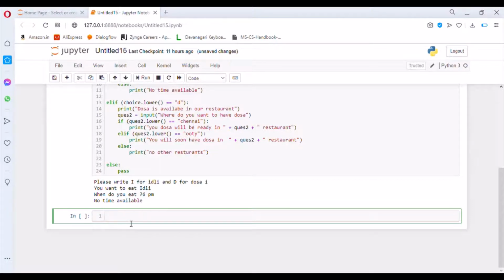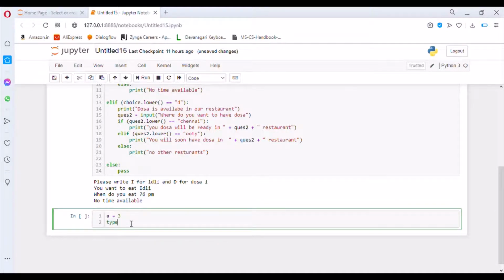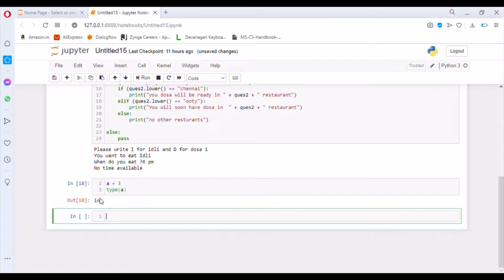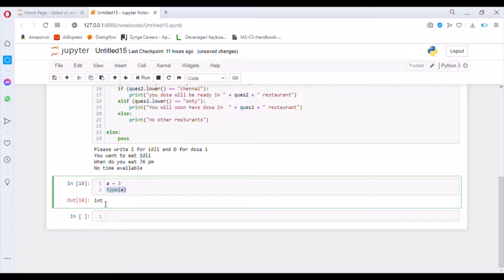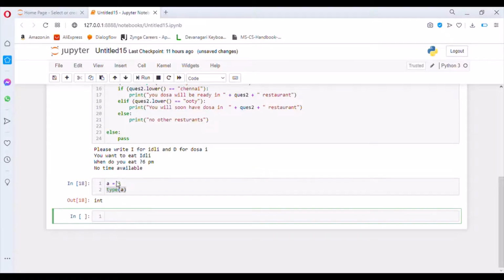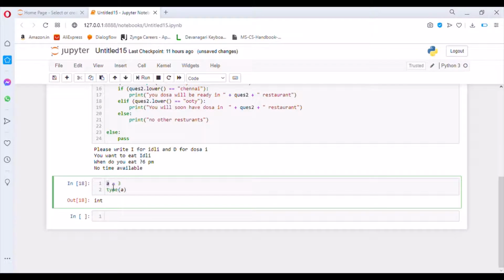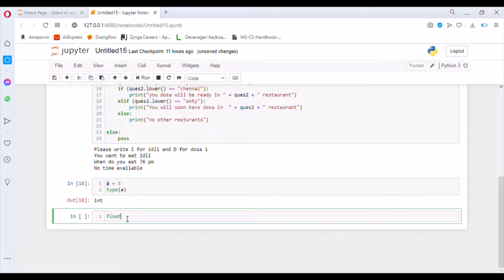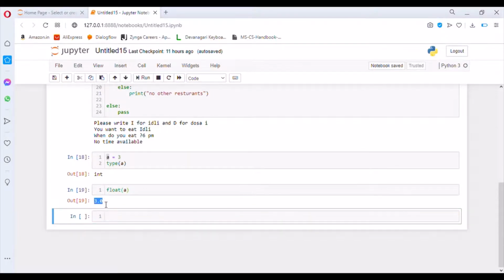Now let's come to casting. So casting is used when you want to convert the data type of a variable value into another. So let's take an example. We have a variable a and the value of this variable is 3. So let's check the data type of a. It's int, which is an integer, because 3 here is an integer, that's why the data type of a is an integer. So suppose we want to display a in the form of a float value. So what can we do? We can write float and then a. Yeah. Now it's 3.0, which is a float value.